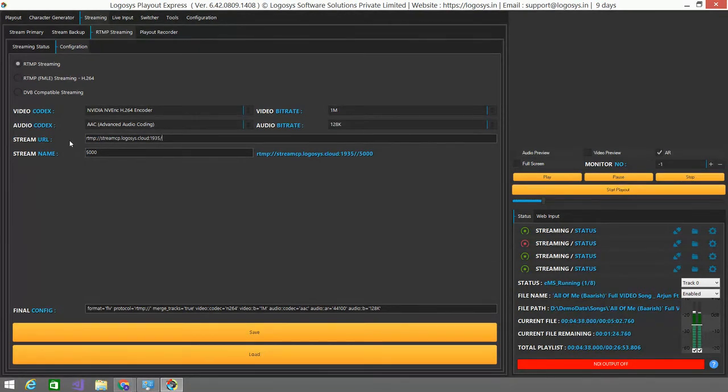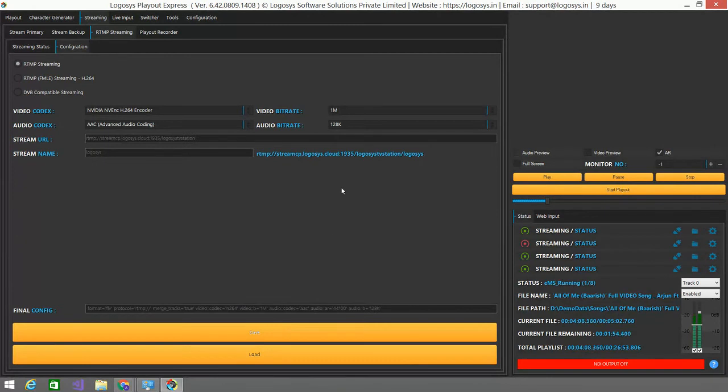Once you select all these parameters, you have to click on save. Right now the stream will not work because this URL is not functional. This is not the right stream URL and the right key, but this is the way you have to configure it. Next, you can go down to streaming and click on this on. Obviously it will not work right now. Once you enter the right URL, you will see the statistics. Now you can see the statistics are not working, and it's retrying.